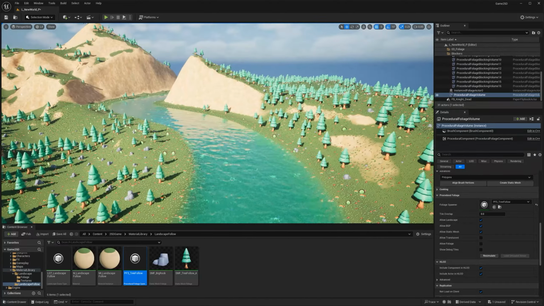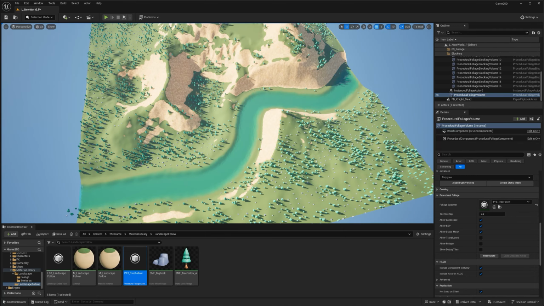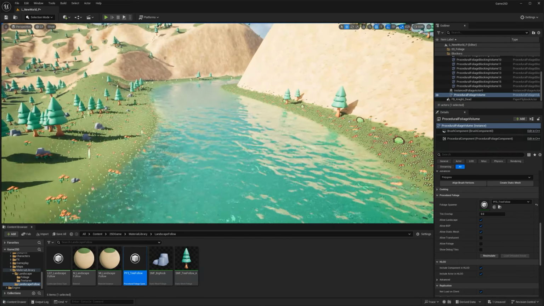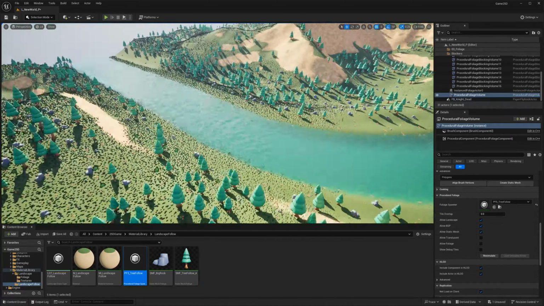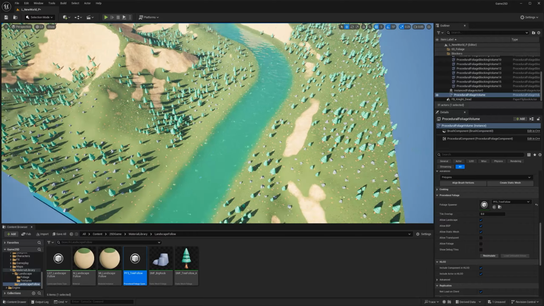But few issues. For most people, I think they would like the way that this looks, I like the way that this looks, but I wanted to add a little bit more detail to this river. Okay, and I don't like that inside the river you can see this foliage. I would like to either have different assets inside the river or have a different material. But let's address first the shape of the river.